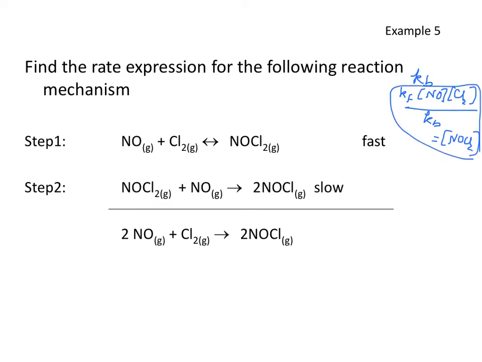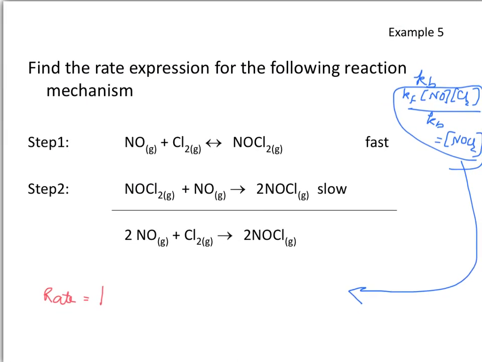So we found a relationship over here, and hopefully you can see that you can plug that value into this first relationship of the rate law, and so your rate law will start looking like rate is equal to